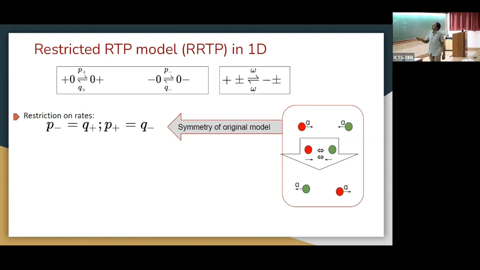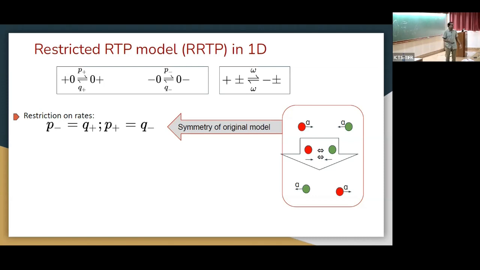So I take a model which is a very general model, like plus goes to like this, plus minus, and minus goes to this. But this is a general model which I want to write, but MIPS has a particular symmetry. You see, plus particle goes right, minus particle goes to left, but if you exchange the particles, I mean, red and blue, red becomes blue and right becomes left, so this becomes this and this is this. So the dynamics remain invariant, okay? So this is the symmetry. Okay? So which means that if you implement the same symmetry, although this is general, for RTPs, you have P minus equal to Q plus and P plus equal to Q minus. That is the thing which has to be obeyed.